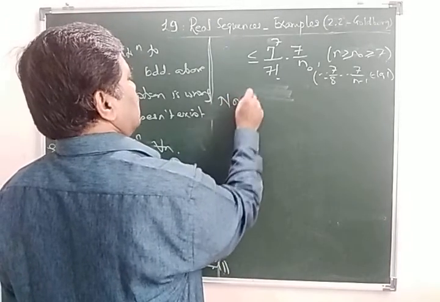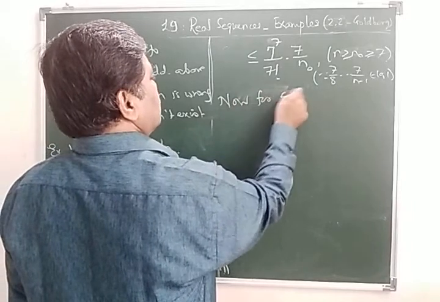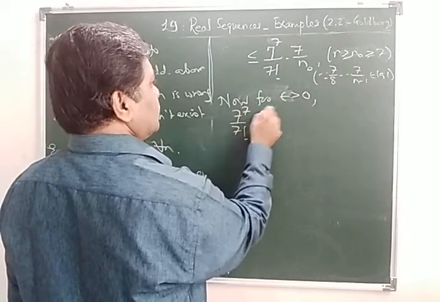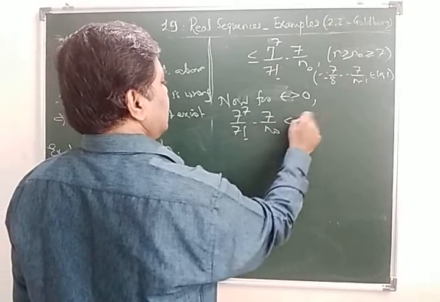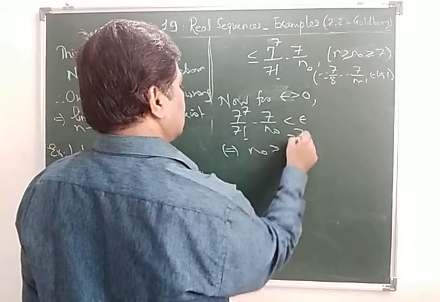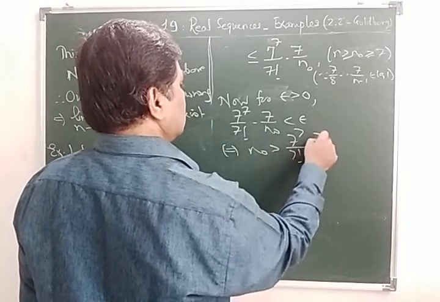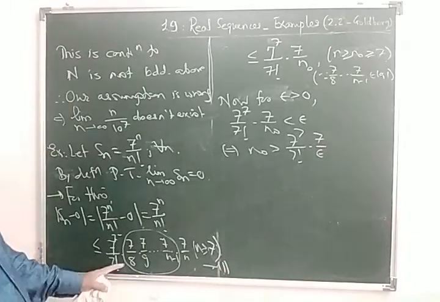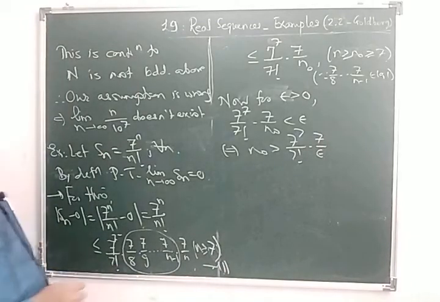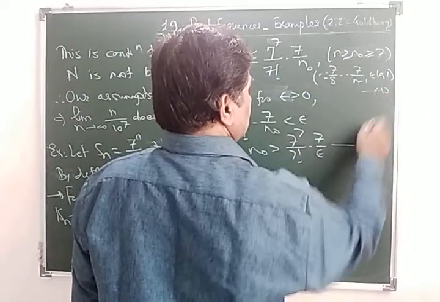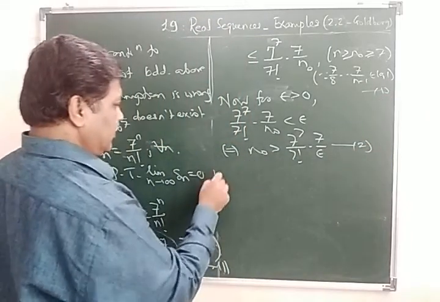Now, for epsilon greater than 0, 7 raised to 7 upon 7 factorial into 7 upon n naught is less than epsilon if and only if n naught is greater than 7 raised to 7 upon 7 factorial into 7 upon epsilon. Is it clear? So, this is 1, this is 2. From 1 and 2,